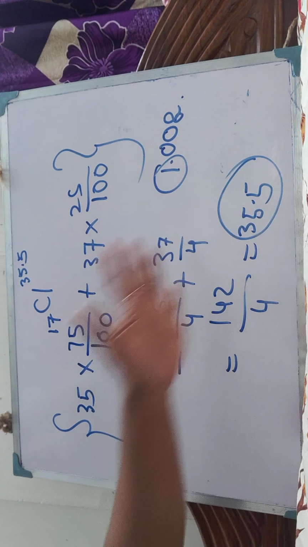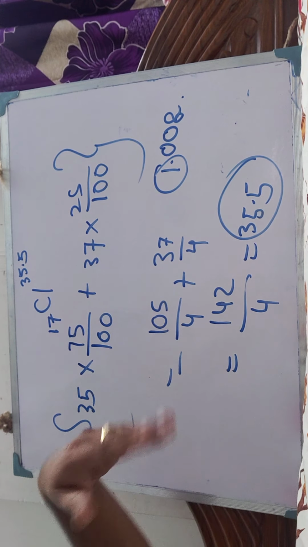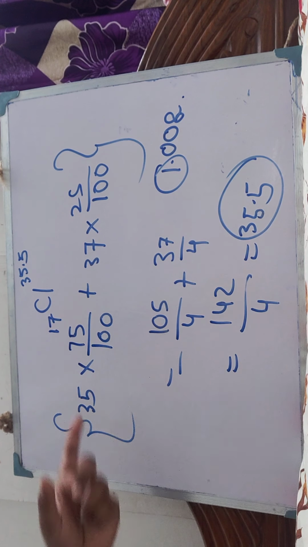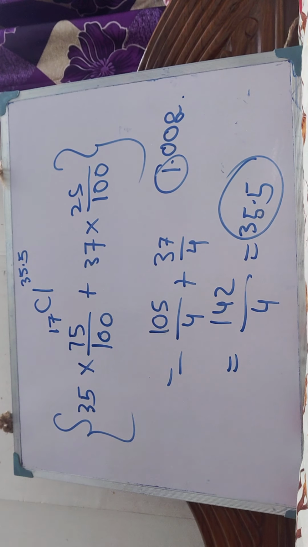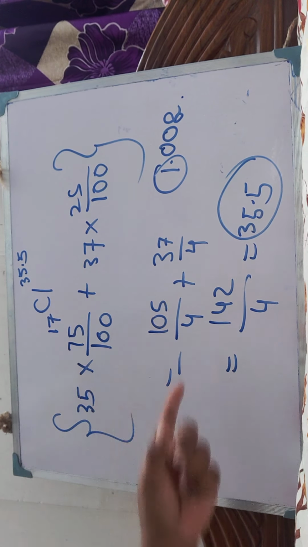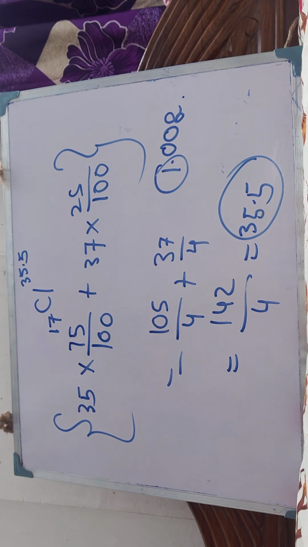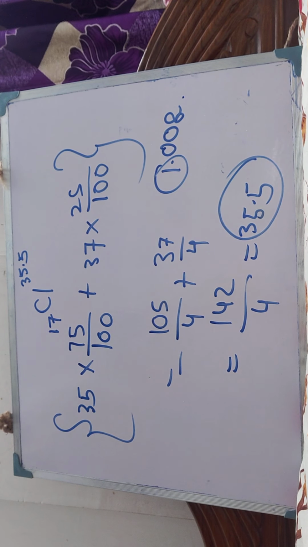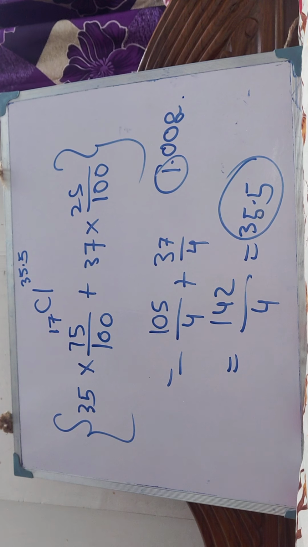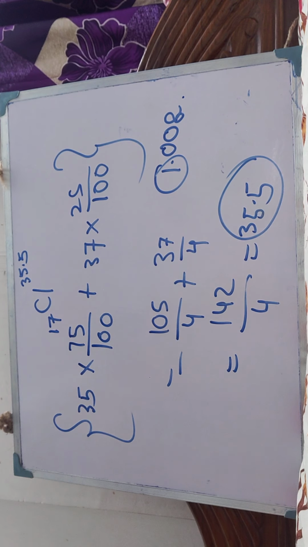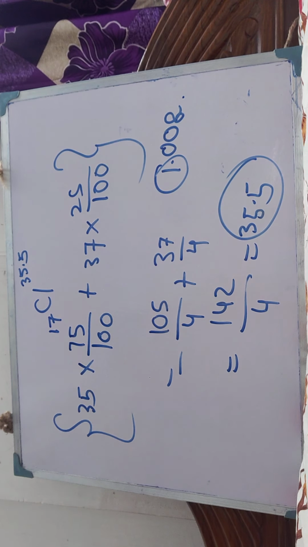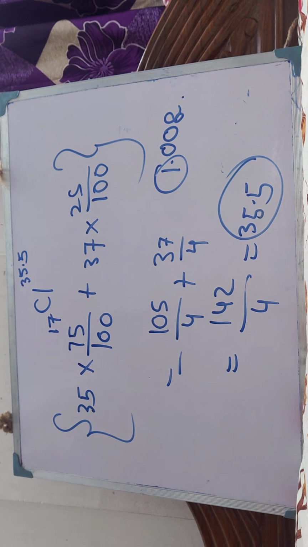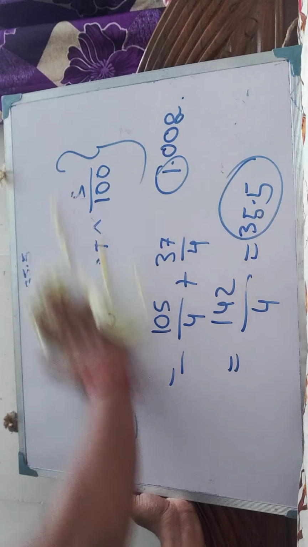We consider that as it is very less. But 35.5 is too much. We cannot take it as 35. We cannot take it as 36. Because if we do so, then in future calculations we are going to make big mistakes. So to avoid those situations, we will have to take 35.5 u as the atomic mass of chlorine, the average one. Clear? Now let us come to the next topic, which is isobars.